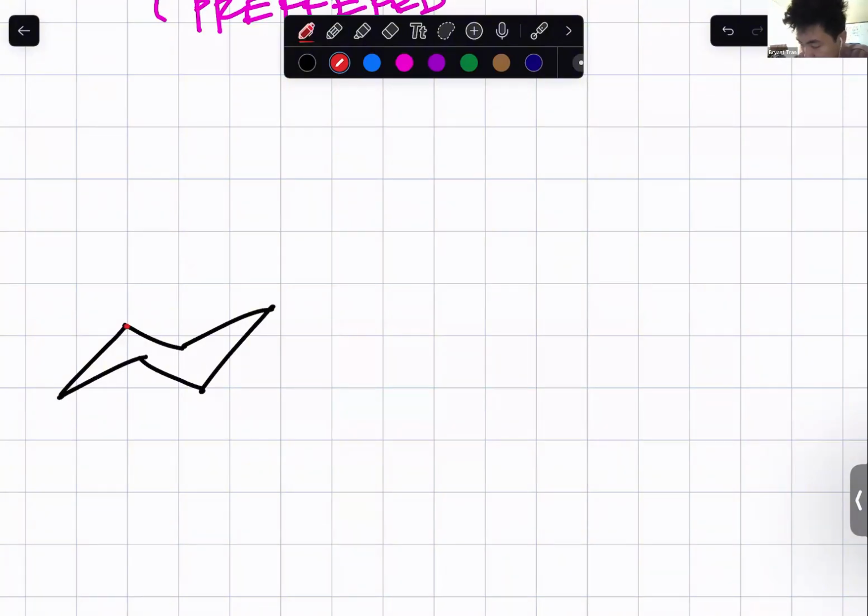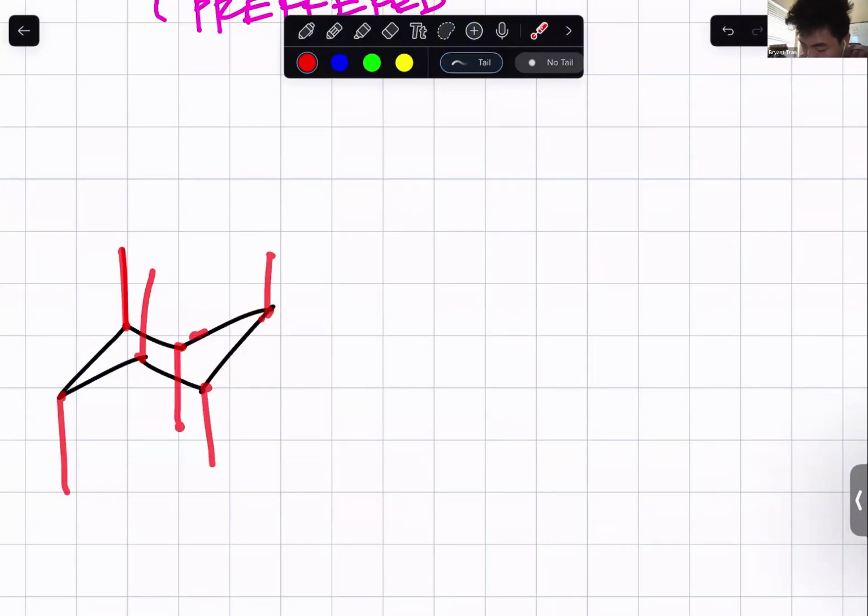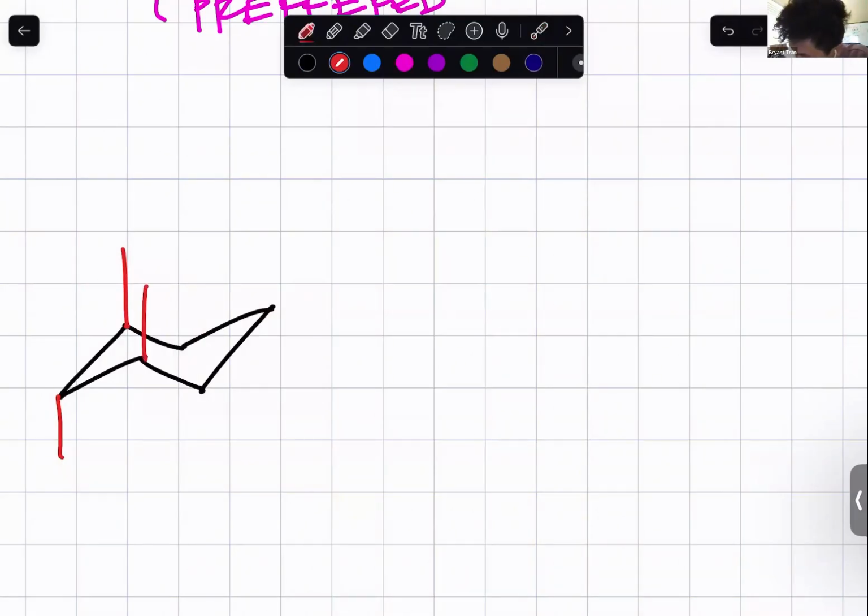I like starting at the top left corner, which is this carbon right here, and that's always going to go up. If you look at the next carbon, it's going to be opposite of up. So it alternates between up, and then the next carbon would be down, the next carbon would be up, the next would be down, up, down. So it alternates between up, down, up, down, up, down, like that, right? So that would be the axial bonds for chair conformations. It's always going to be like this. Any questions on that?